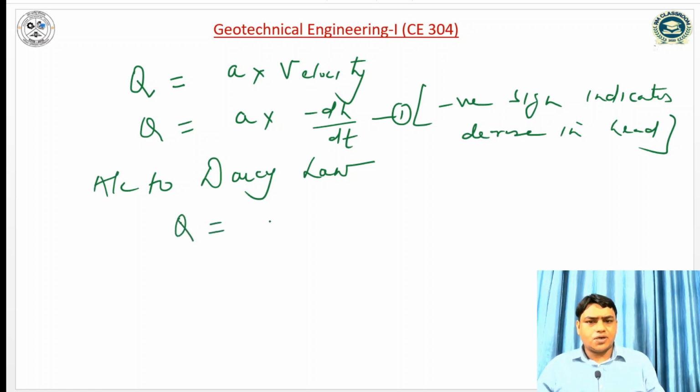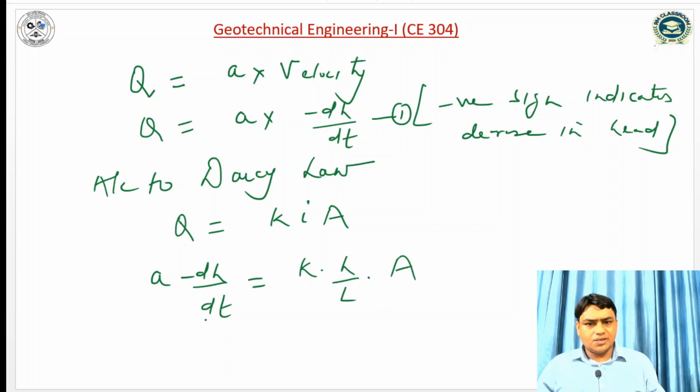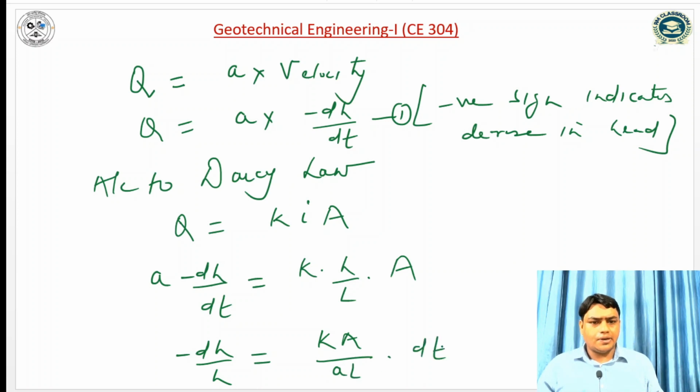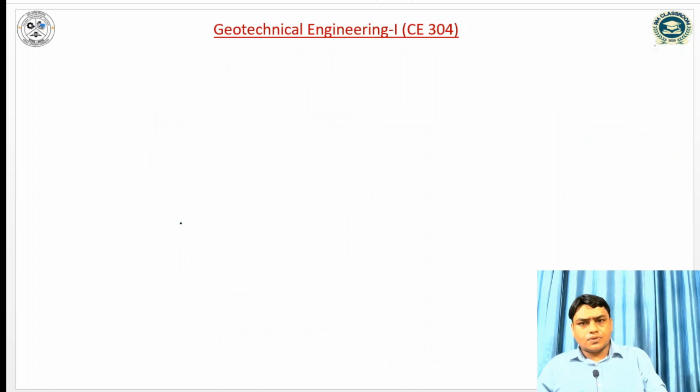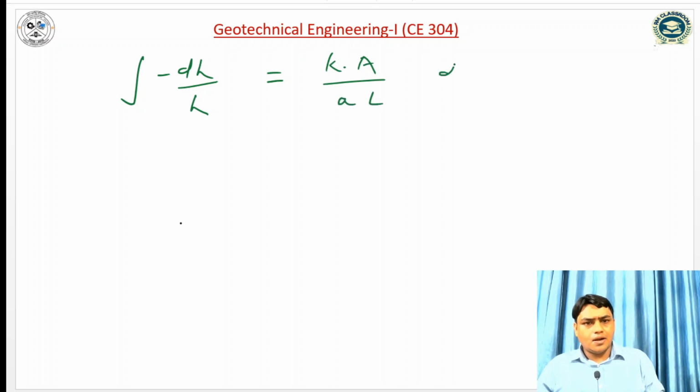According to Darcy law, we can write Q is equal to K into I into A, and Q can be written as a into minus dH by dt is equal to K into H by L into A. So we can write minus dH by H is equal to K into A divided by a into L into dt. So if I integrate,